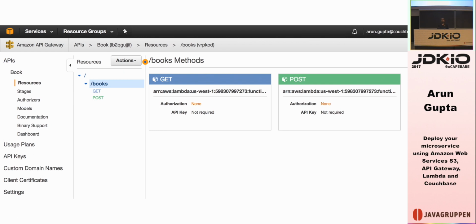So what did I do? Essentially, in my case, I wanted to build a simple microservice where I want to have the ability to do CRUDing of a book database in Couchbase, and that's all I wanted to do. So here what I'm showing you is essentially the AWS console snapshot